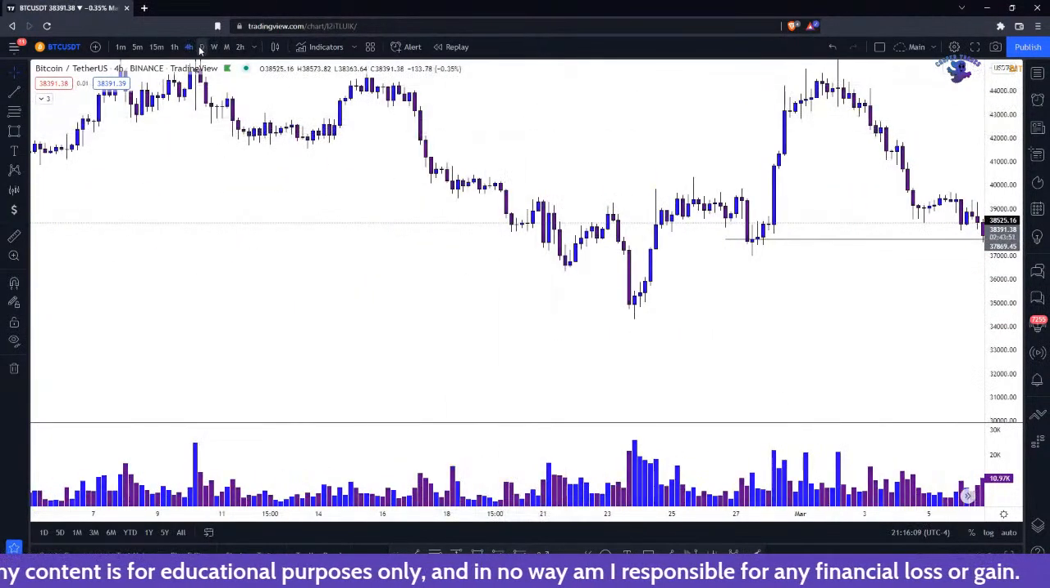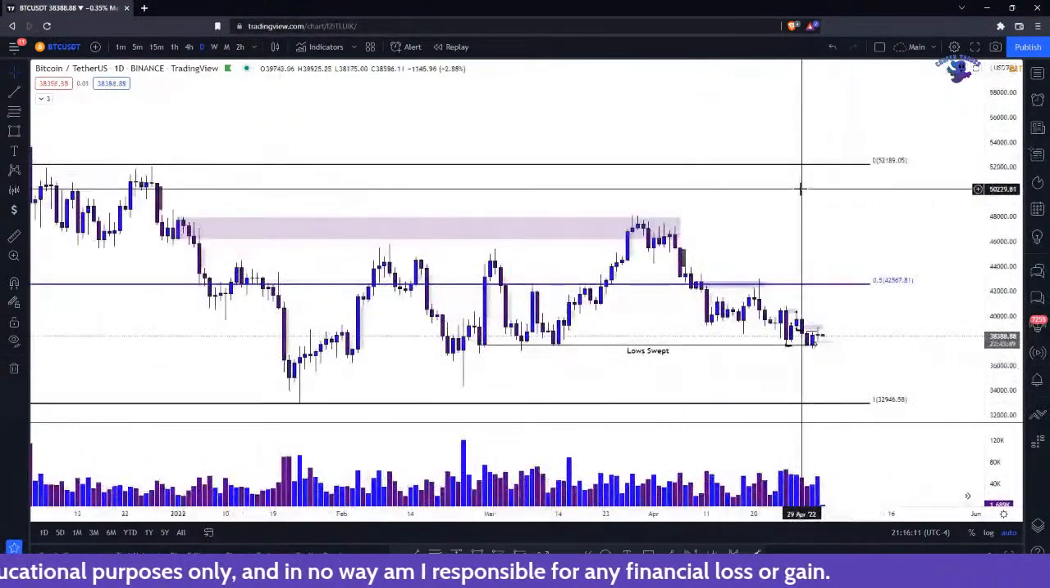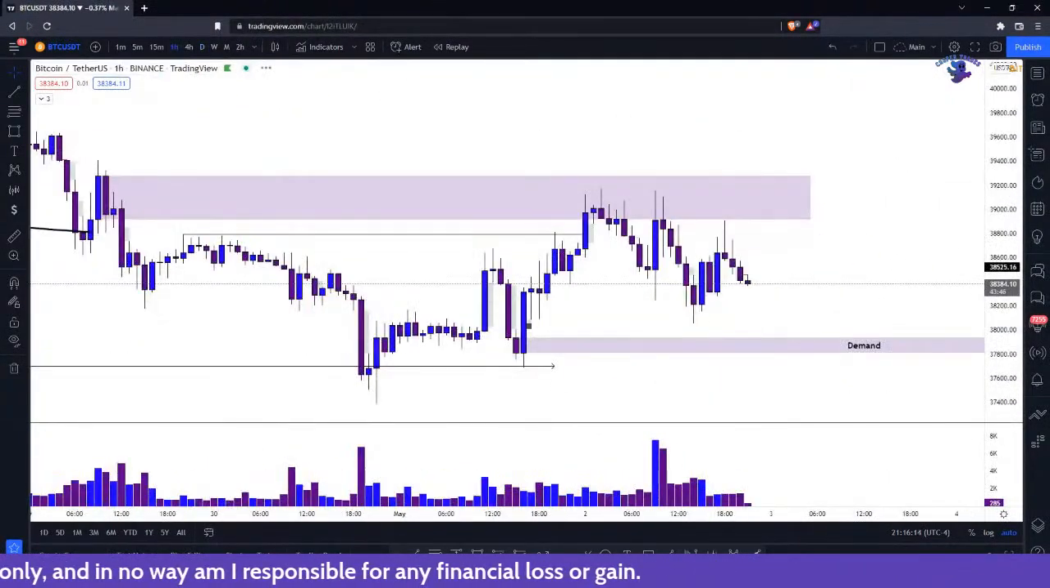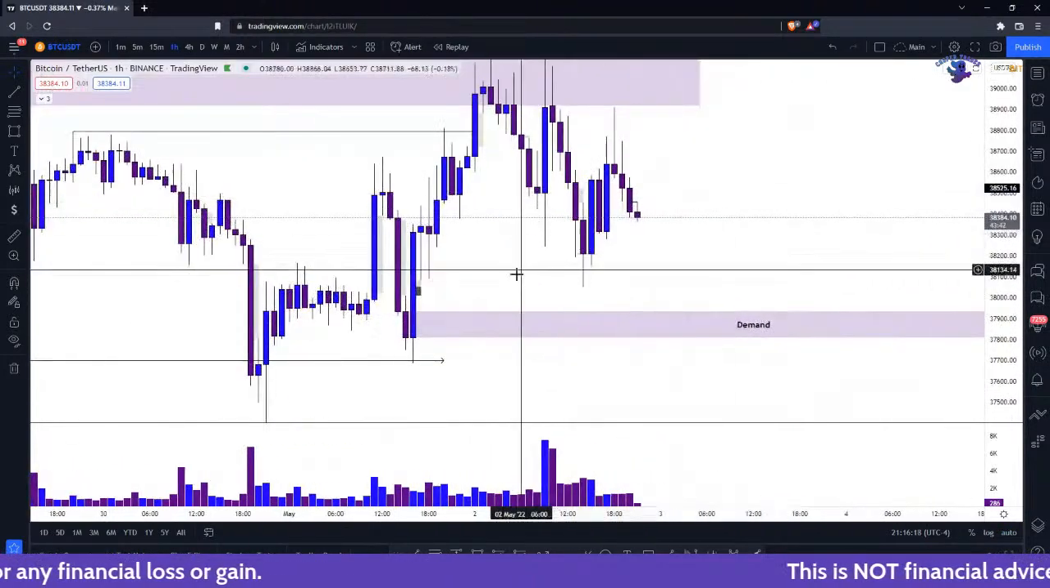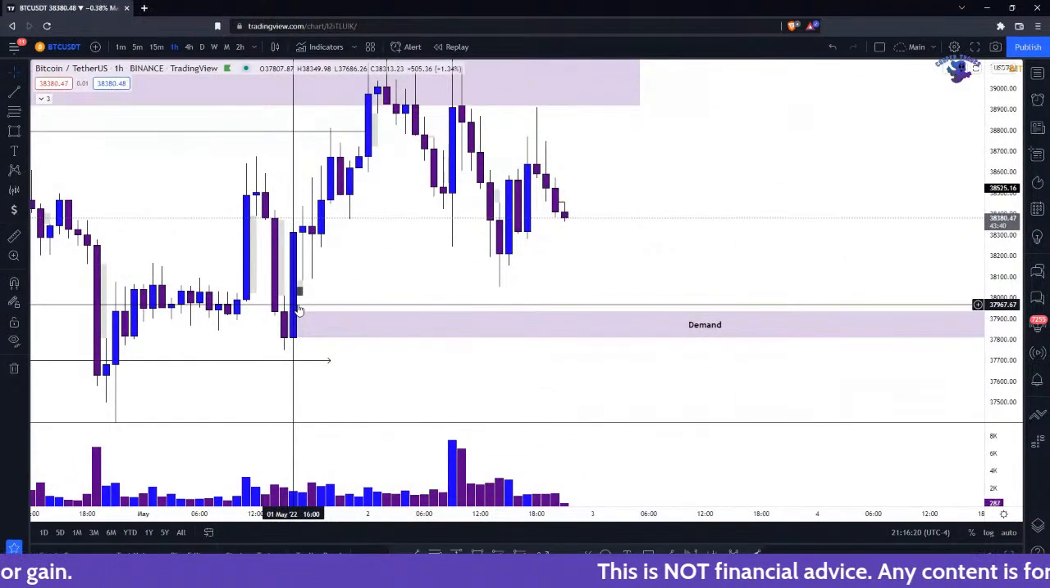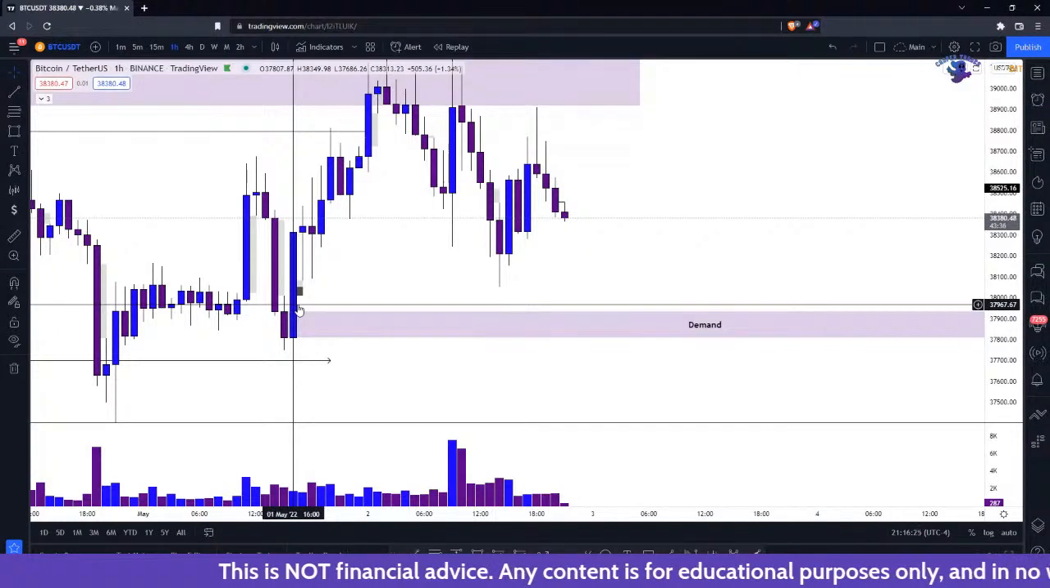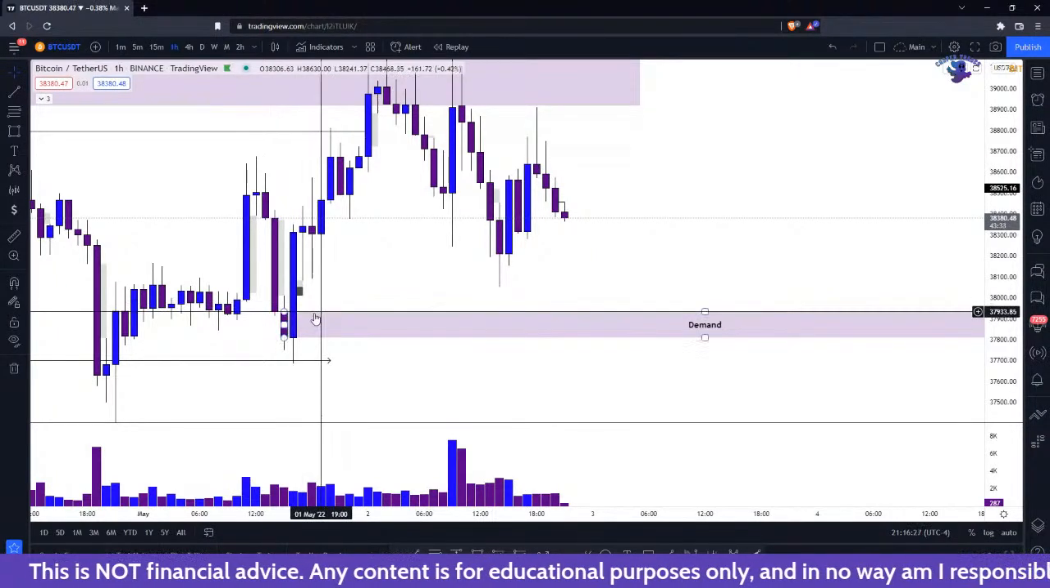But yeah, we'll see on the 1 hour. Like I was talking about earlier in this post, I could see this demand zone being something. We just need more confirmation. Once price reaches that level, we'll keep an eye on it and see how we react, and if we can